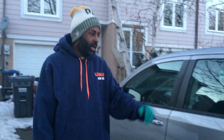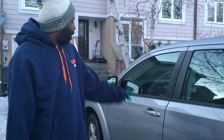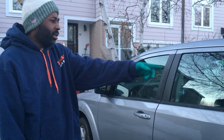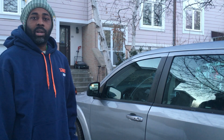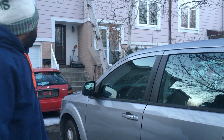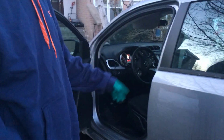This is a pretty quick installation. Basically what's happening here is we're getting a message on the dashboard saying that one of the brake lights is out, the signal light I should say, sorry. So I'm going to show you how to figure out which side is done and which side needs to be replaced. Okay, so basically what I'm going to do, I'm just going to go ahead and turn my signals on